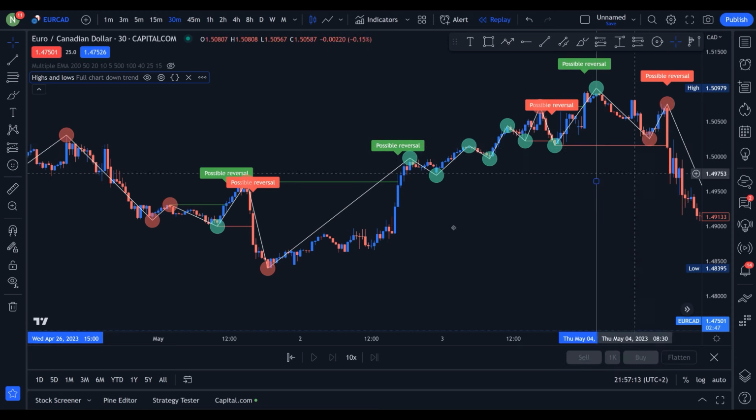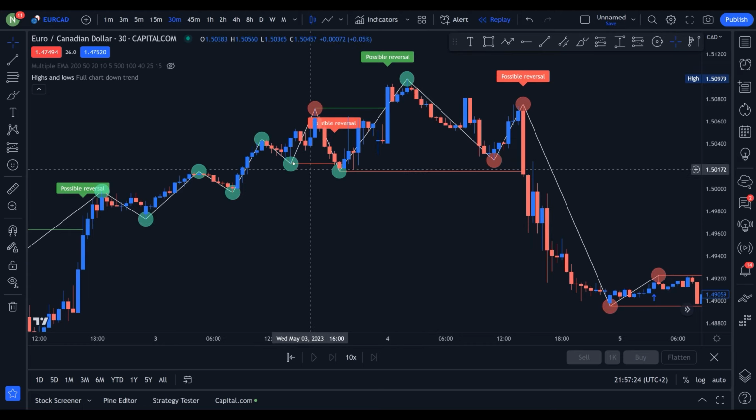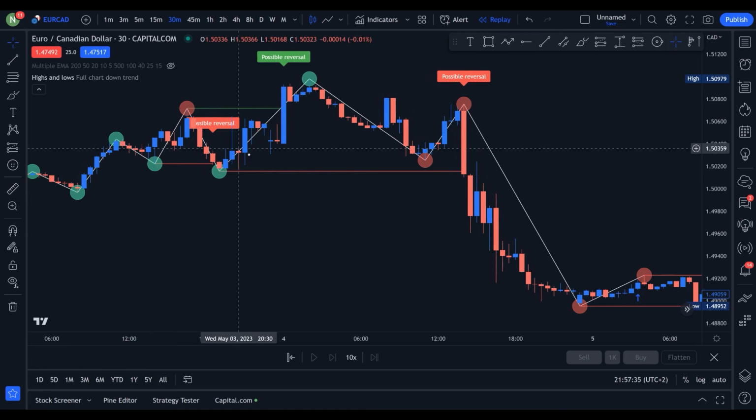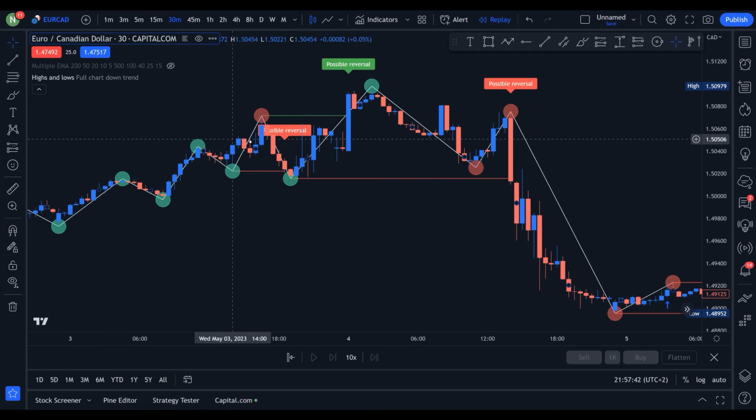So I will show you how that works. Here, from this point the market is going up, and you can see this low has been broken by this candle. As soon as the low has been broken, you will get a label saying that there is a possible reversal. So the market might reverse from a bullish market to a bearish market, and that is just a possibility. Do not take trades